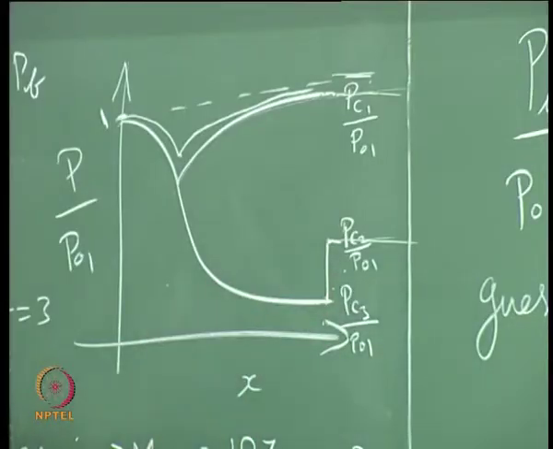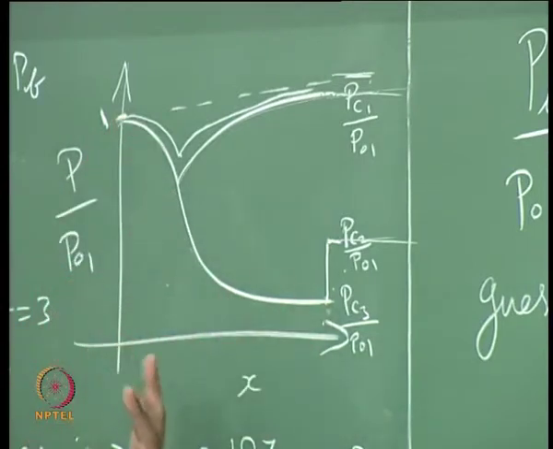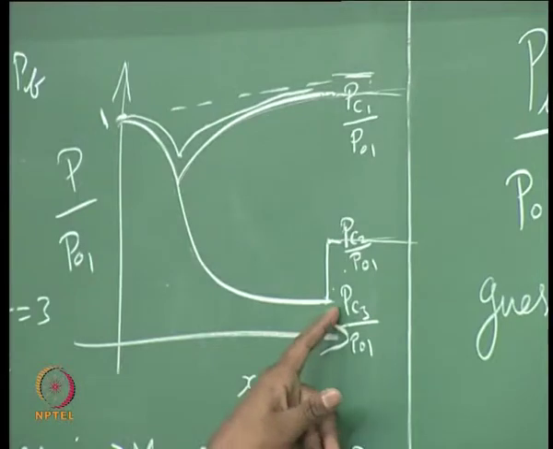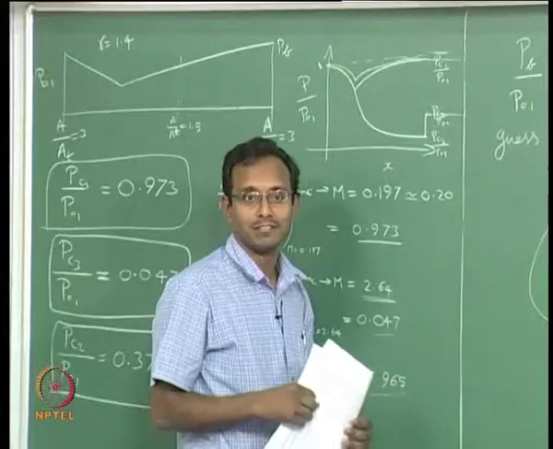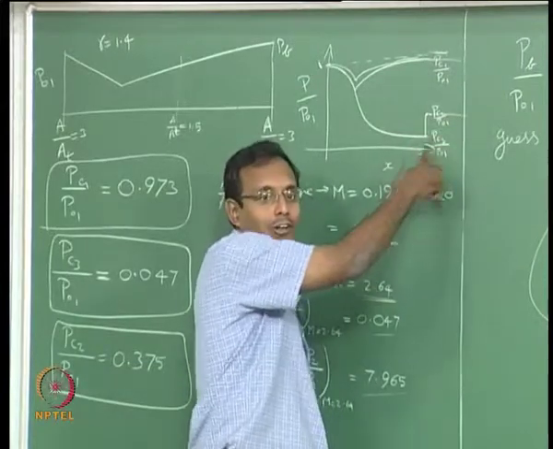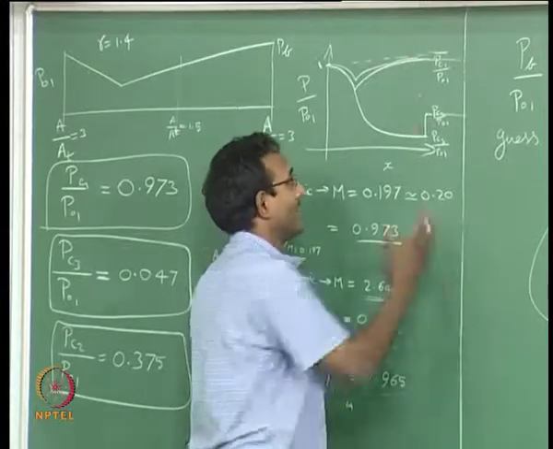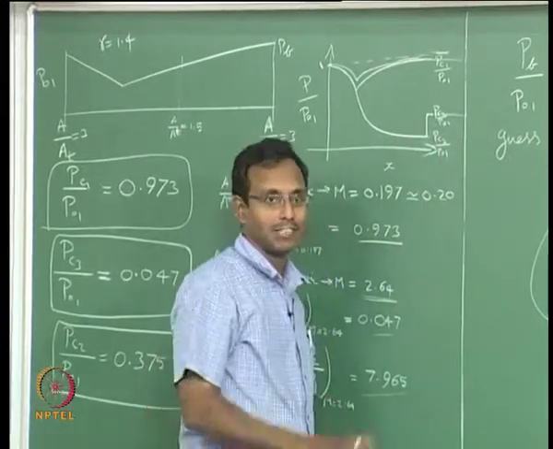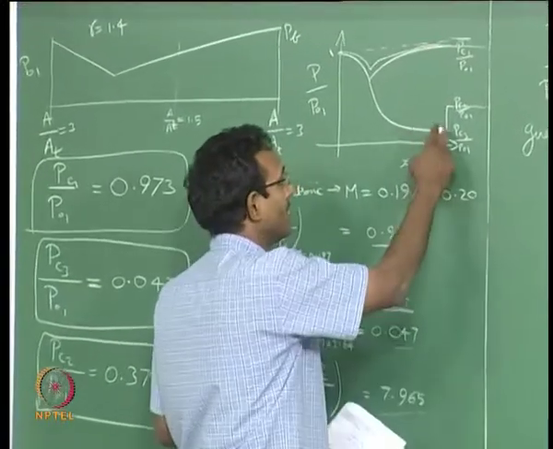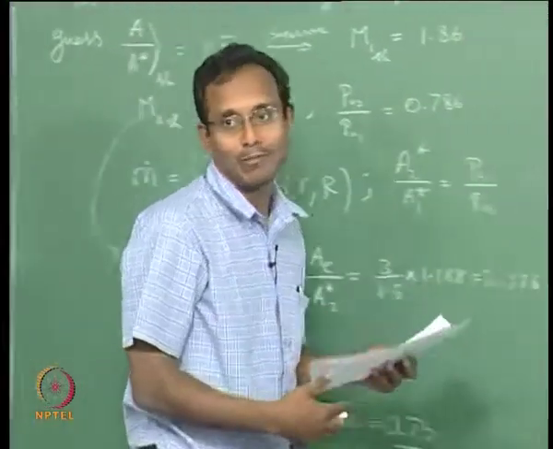critical 3. It so happens that for all those cases, inside the duct it is exactly the same pressure profile. So I will solve the same thing as P critical 3 and it will be the same everywhere inside the duct. Ideally the remaining over-expanded and under-expanded portions I have to talk about after I introduce jets to you, because only outside the nozzle things will change. Inside the nozzle it's exactly the same as the critical pressure 3 condition. If you know that, you know how to solve the problem now.